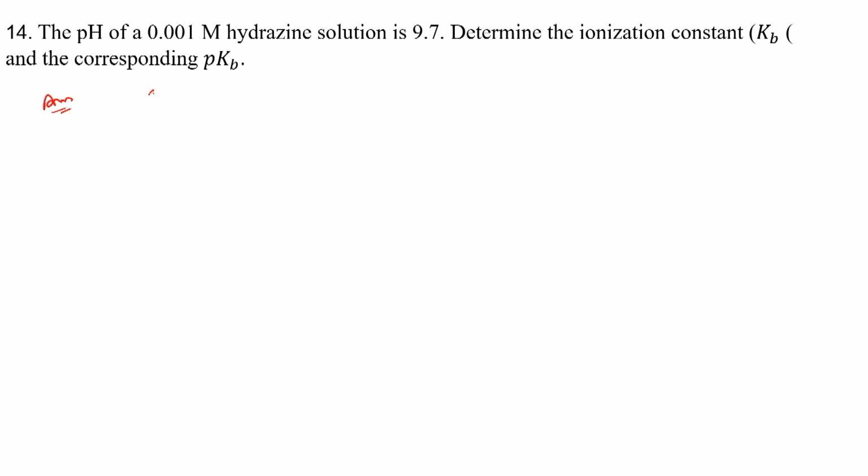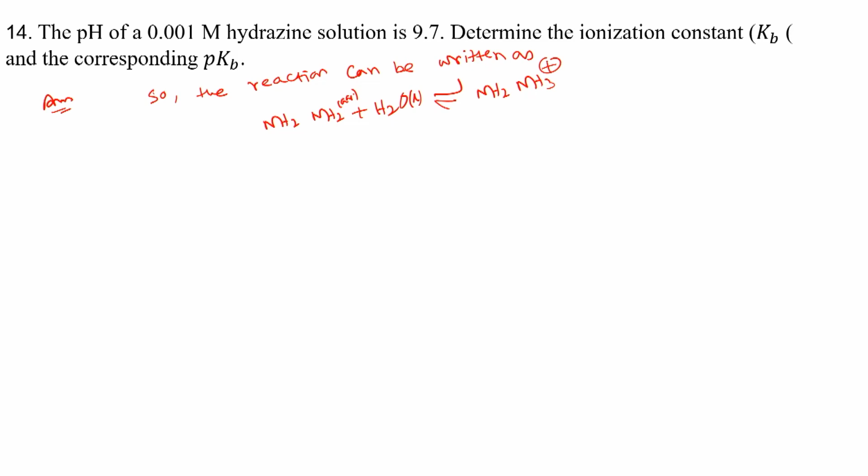So the reaction can be written as NH2NH2 plus H2O, where NH2NH2 is aqueous and H2O is liquid, gives NH2NH3 plus aqueous plus OH minus